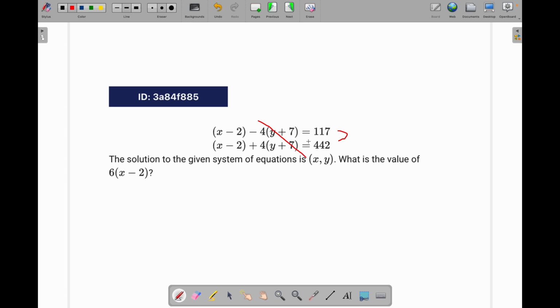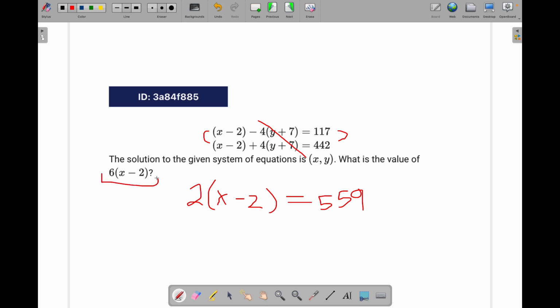117 and 442, and then x minus 2 two times. What you're going to be left with is 2x minus 2 equals this 117 plus 442. You can use a calculator with this or do it in your head, but you're going to get 559 when you add these two together. What this tells us is that 2x minus 2 is equal to 559, but we're looking for 6x